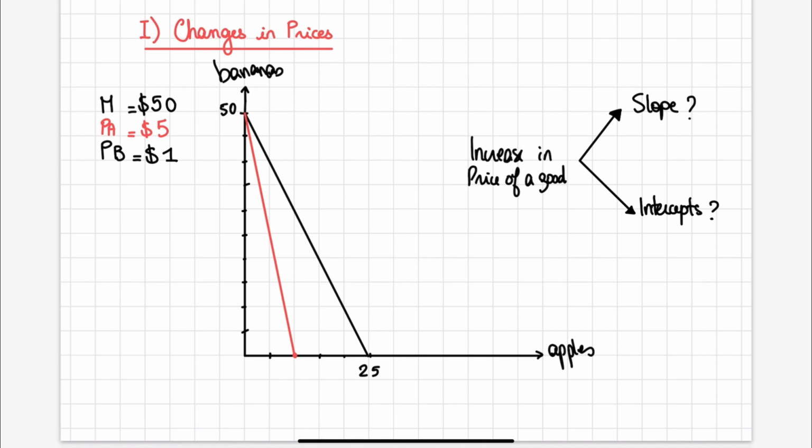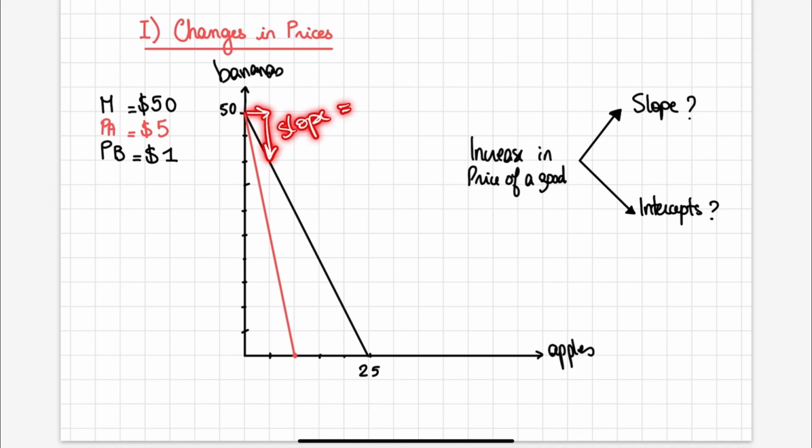So there are two effects here, one on our opportunity cost and another on our intercepts, and we want to explore both now. Starting with the opportunity cost, in our initial scenario, when I bought an apple and moved 1 unit along the x-axis, so the axis for apples, I had to give up 2 bananas. And this was reflected as a 2-unit drop along the y-axis. This relationship between what we give up and what we gain is actually what defines the slope of our budget